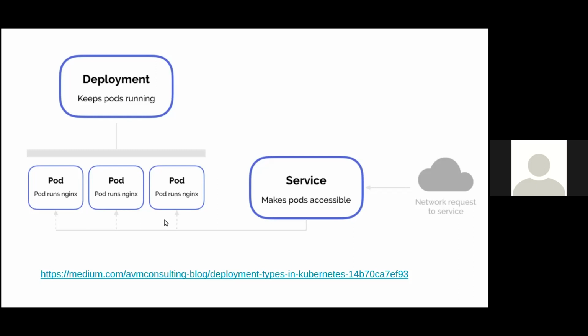You will not be able to access the application using a pod alone because there are multiple instances. You will not be able to communicate with all the instances at once. For that reason, we have a service. We can communicate with these pods only through the service. And even if one pod is deleted or dies in its life cycle, it will be automatically redeployed with the help of the deployment that we have just created. So this is the relation between deployment, pods, and service. I guess you are clear with the concepts, because this is the underlying concept for everything that we are going to do from today. Any questions here?